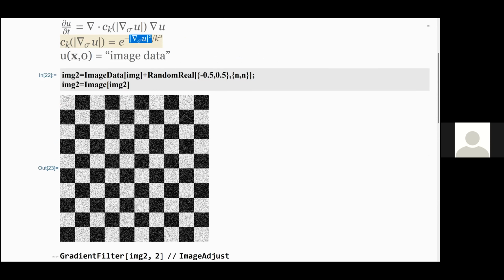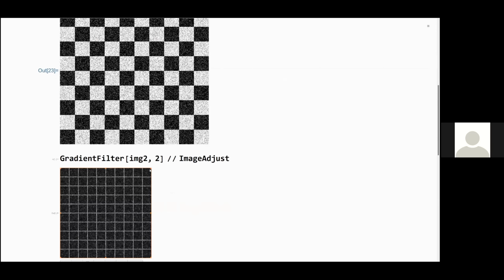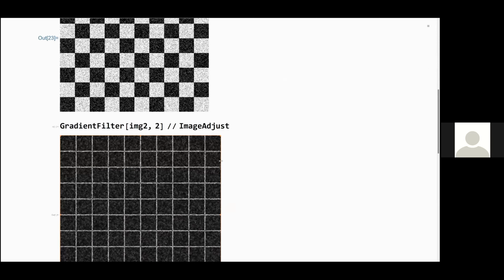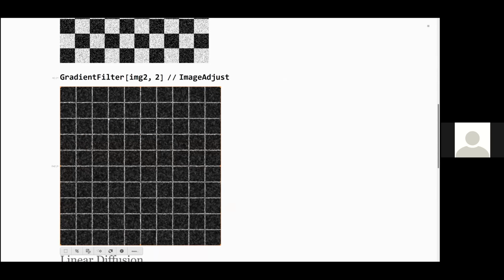So I apply a gradient filter to this image just to explicitly show you where the regions of high gradients are. These white lines show you exactly where there are high gradients. And so this equation is going to hopefully diffuse in regions here where it's